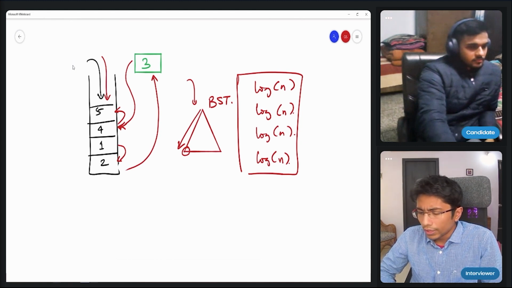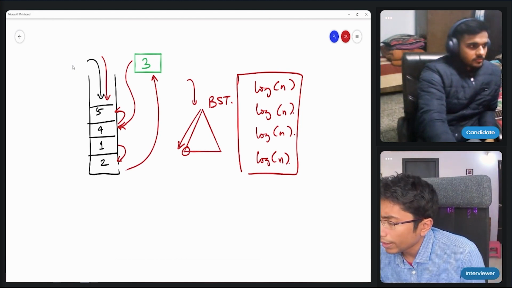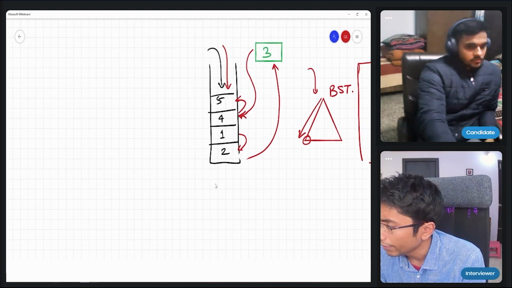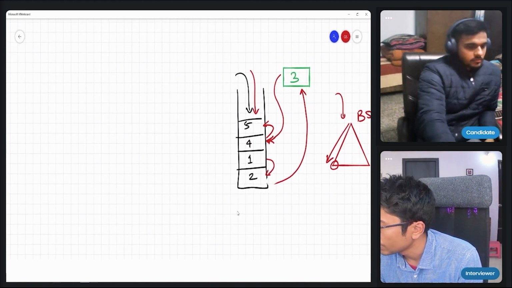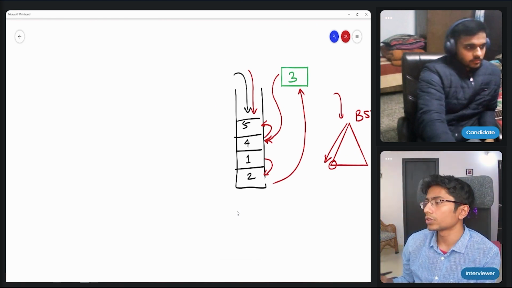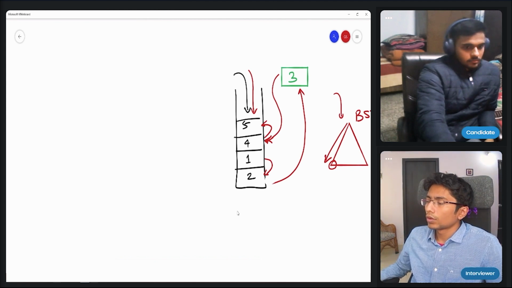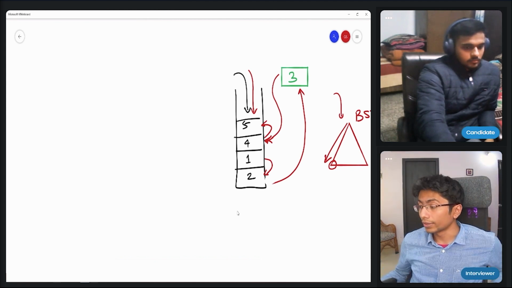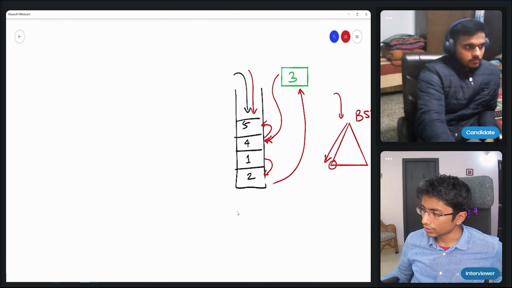One minute. What happens if I have this? Every time I want to say get min, I'm not deleting the minimum. I cannot just delete like that. I need some sort of way to figure out where it is. Inserting is O(1). Okay, that is interesting.